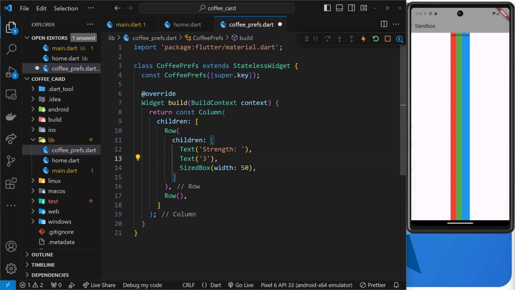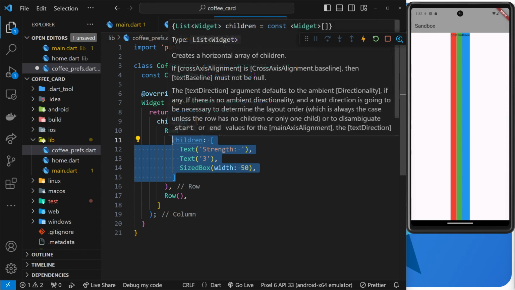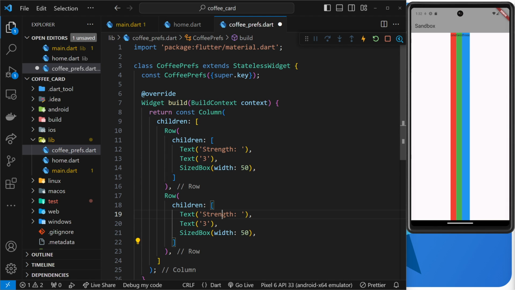All right, so that's the first one. Let's also copy this and paste it inside this row. This time it's going to be for the sugars. So we'll say sugars, we'll keep that at 3, and then a sized box, which is 50 pixels in width again. All right, so like I said, later on we'll have some other widgets in these rows as well, primarily images. So in this one we'll have images of coffee beans, and there might be 3, 4, or 5 of them. Same down here, but this time sugar cubes. And the amount of images in the rows are going to dictate either the strength or the number of sugars, right? So I'm going to save that right now,